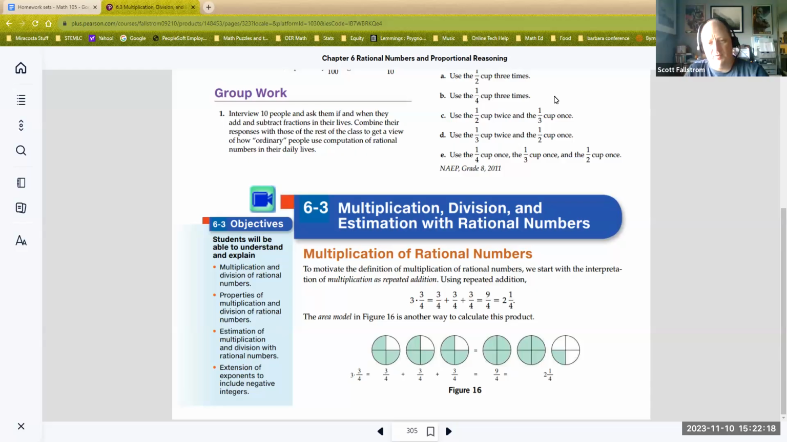6.3. We're getting to multiplication and division and also estimating with rational numbers. The estimating part is not a bad thing at all. It really does help you to get an idea. I'm actually going to lead off with a bit of estimating as you start this section, because when you think about